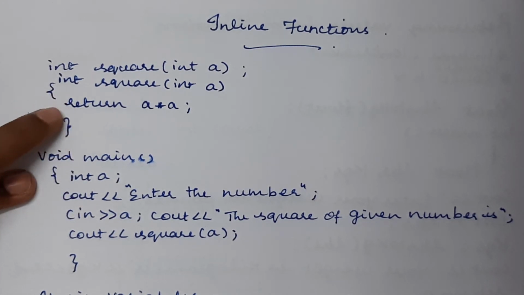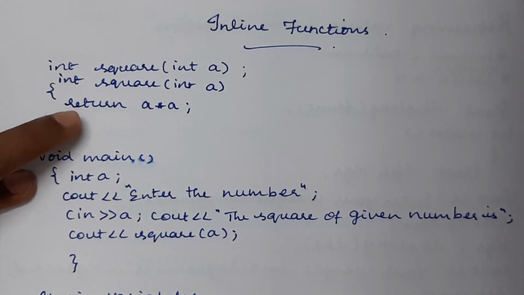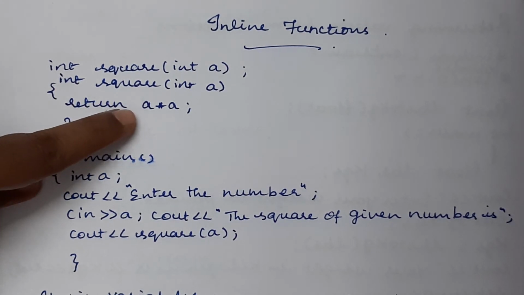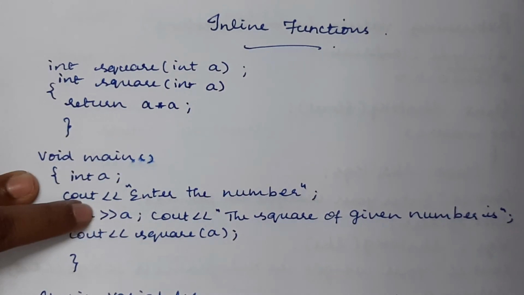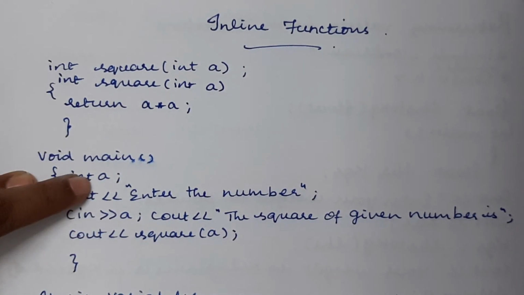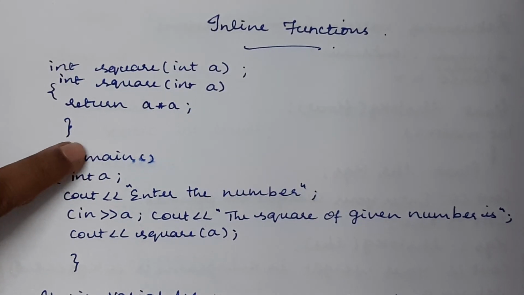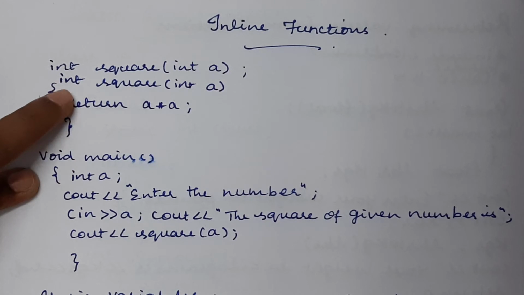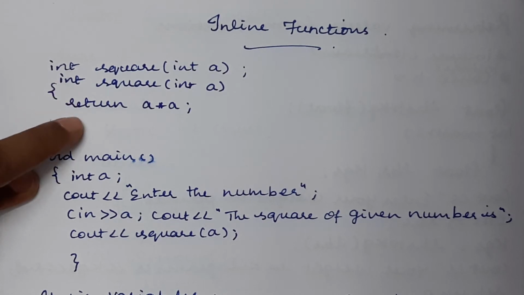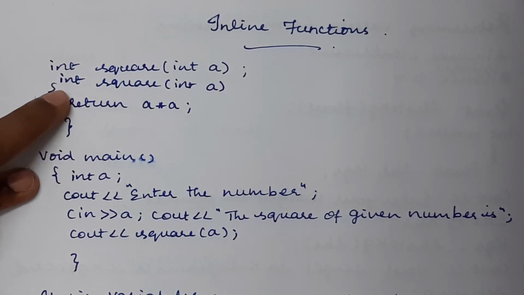a simple task. It is a very small function which is performing only the squaring operation, isn't it? So squaring of any number which is provided in this main function. In order to avoid the time consuming task, what we are doing is making this particular function an inline function. So if you make this function an inline function, what happens there?